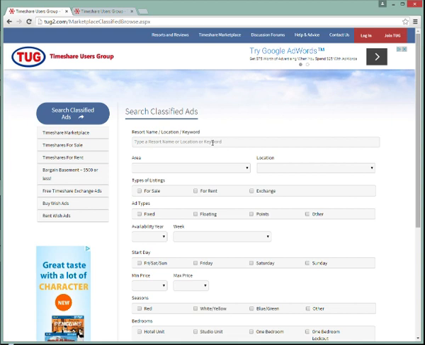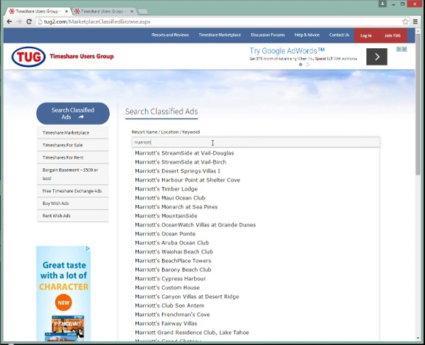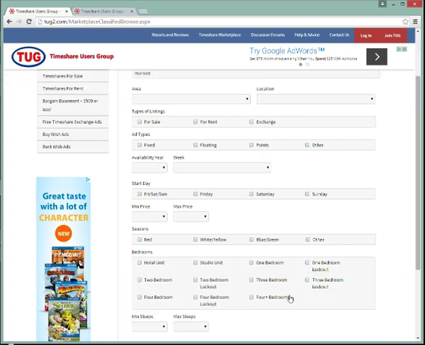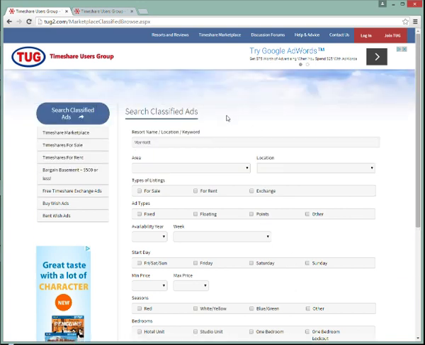So we're going to start here up at the top, where you can type in part of the name of a resort, or a resort chain. It'll automatically fill this information in for you, or you can just leave it by default. For example, we can just type in Marriott. And we see all the Marriotts that are listed. We can select any one of these we want if we're looking for a particular resort, or we can technically just select the word Marriott, and it will search all Marriott resorts. If we were just to click search right now, it would return all resale and rental listings for all Marriott